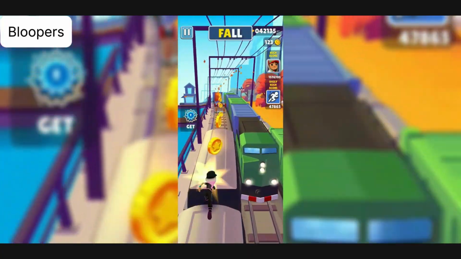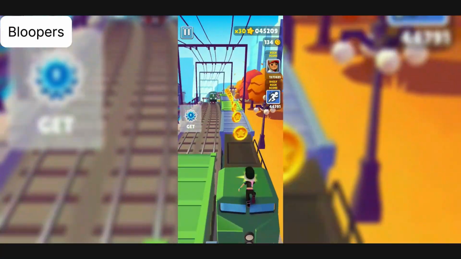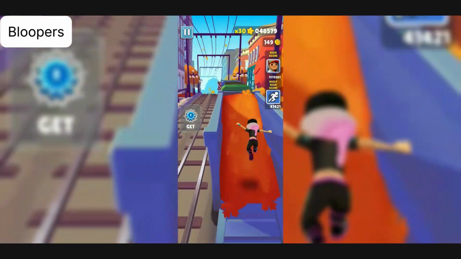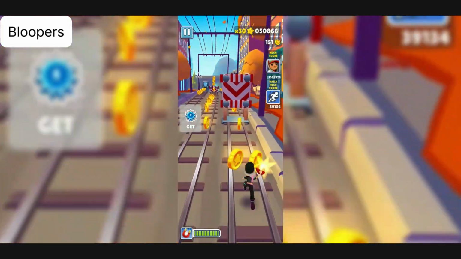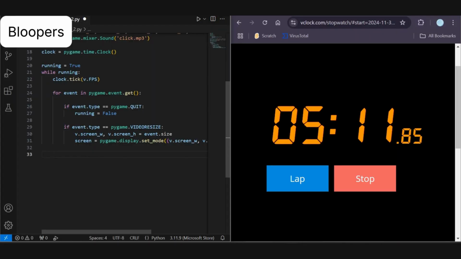Can you believe that? One reason I think I take a lot of time, things until I realized. I forgot to define the function to draw the necessary elements.